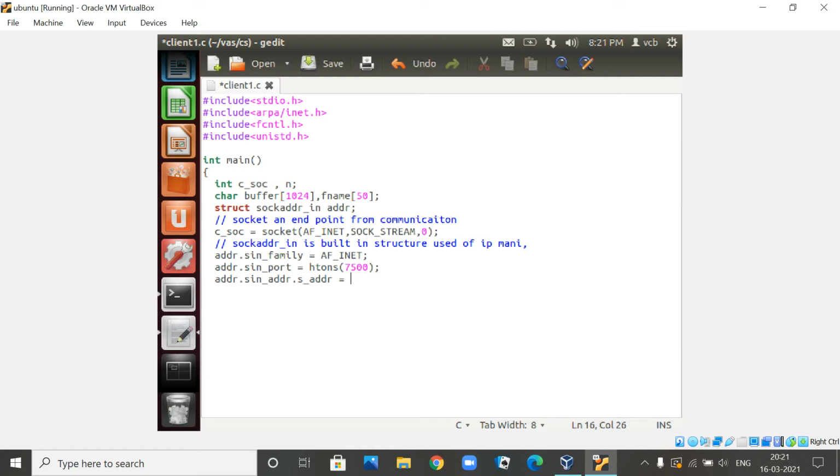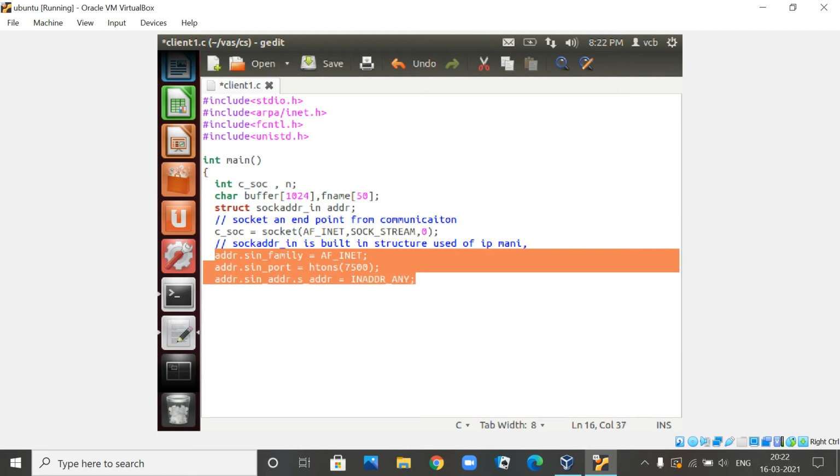Since you don't know the IP address, if the IP addresses are not matching, the socket cannot be created and you cannot send the packets or the message in that socket. So here what we can do is specify INADDR_ANY. That means it might be any IP address. Now you are going to have a socket and create the connection. Now these are the three important lines.